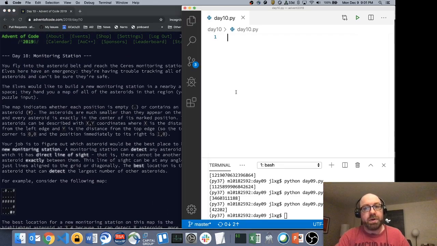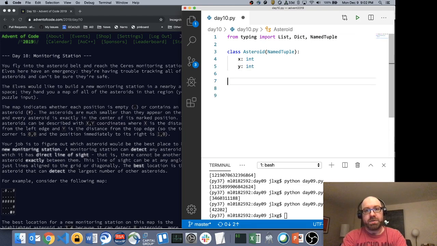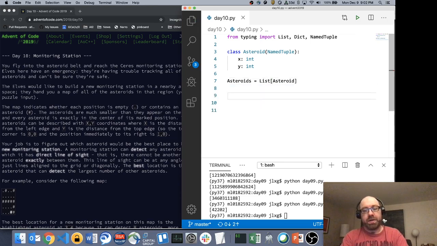Okay, so I don't actually care about the grid. From typing, let's say import List and Dict. And so let's just say class Asteroid, a NamedTuple. This is a little bit frivolous, but we'll say x: int, y: int. And now, asteroids is just going to be a list of Asteroid. And what we want to do is